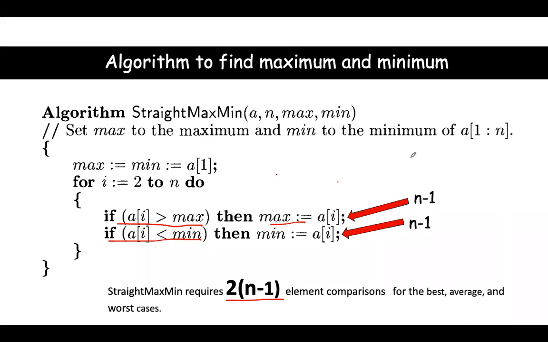See, this is an algorithm. This is just a straightforward algorithm. That is why they have kept straight max min. In programs also, if someone asks you to find out maximum or minimum element, usually we'll write like this. But yesterday we were talking about divide and conquer strategy. According to that strategy, if I ask you to write this algorithm, is it possible? This is a straightforward maximum and minimum algorithm. Can you apply divide and conquer strategy for this problem, for this task?